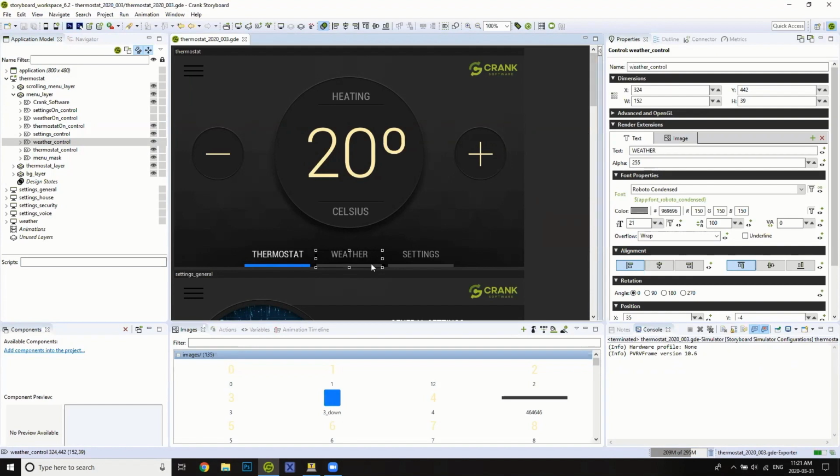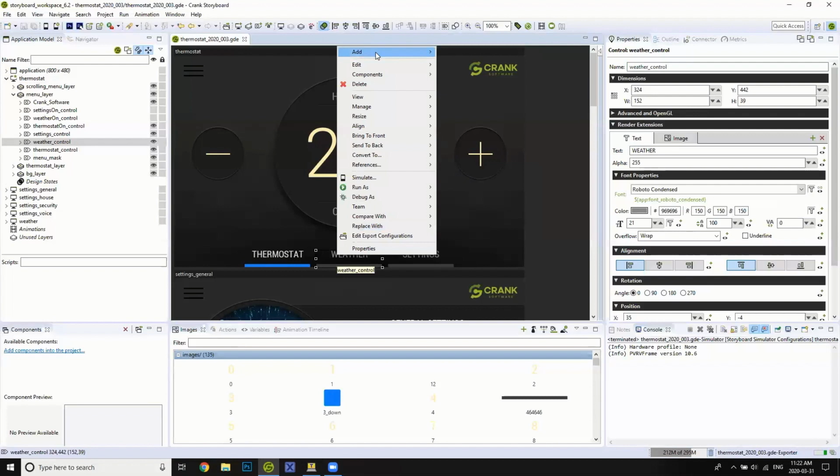In this case, we have our control, this rectangular area on the screen, and this is going to determine the ability to interact with it. So if I wanted to hook up a press event and change screens, anywhere within this bounds could react to an event. And to do that, I can right click and say add an action,